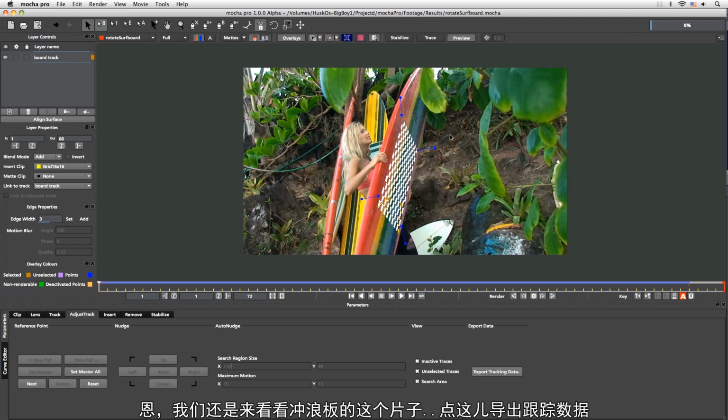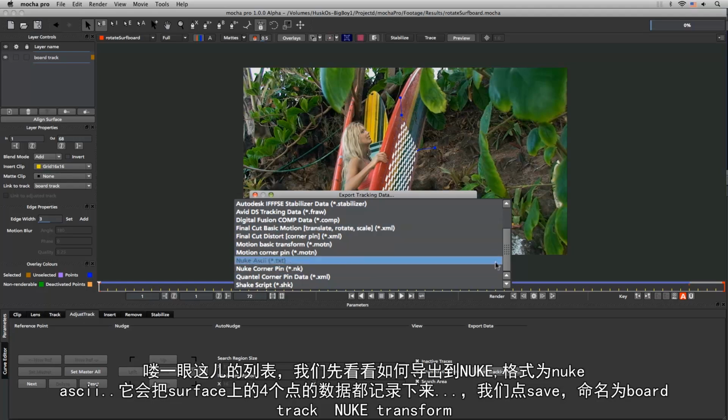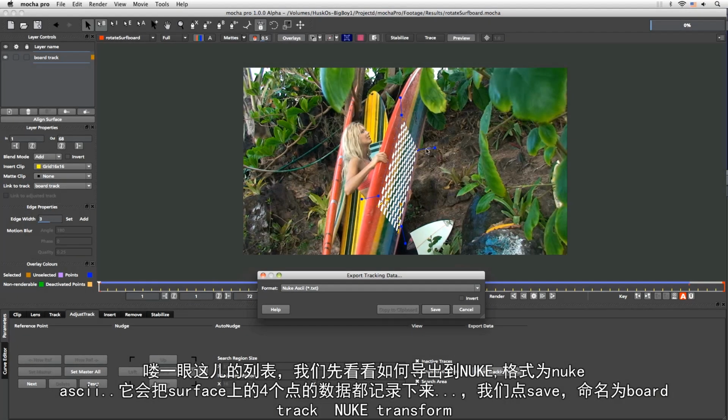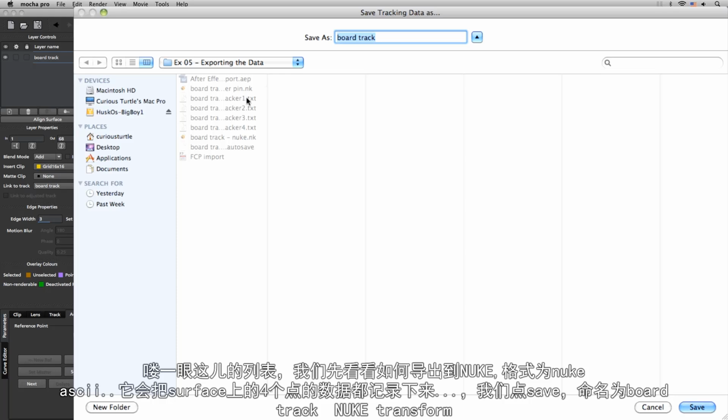I'm going to just take our surfboard clip that we've been working with here, and I'm going to export out the tracking data. And we'll take a little look. We've seen this list before here. So we're going to start with tracking data for Nuke. So we're going to take that out as an ASCII file. So Nuke ASCII. This is going to take out these 4 corner points here as individual bits of tracking data. So if I hit save here and come out, I'll give this a title, board track Nuke transform,